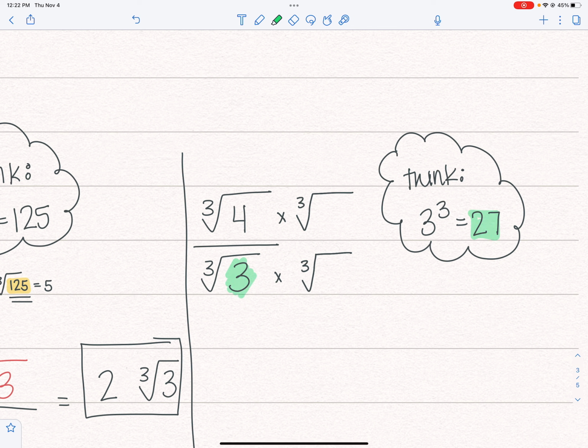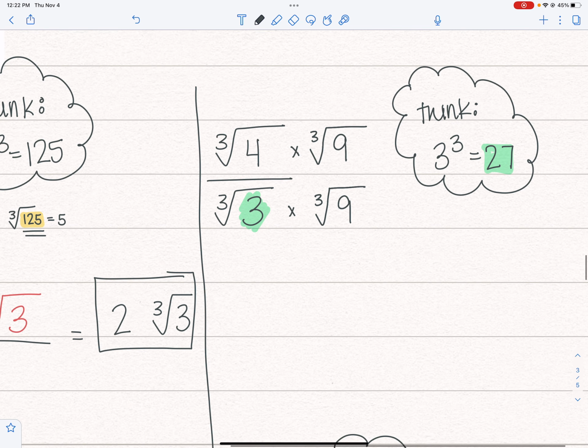Well, if you don't know, you can divide. 27 divided by 3 gives me 9, or 3 times 9 is 27. So I'm going to multiply the top and bottom by the cubed root of 9. All right, so on top, I'm going to multiply